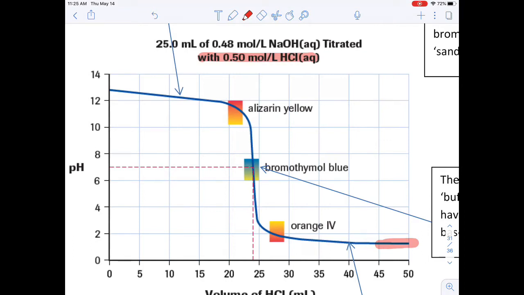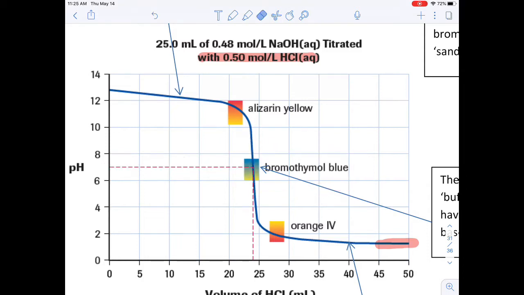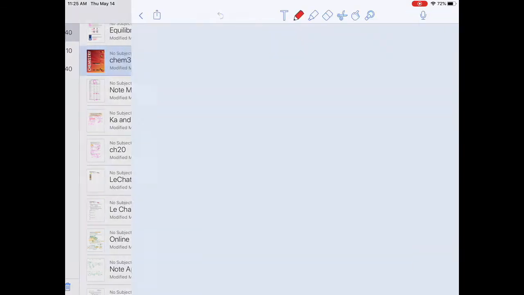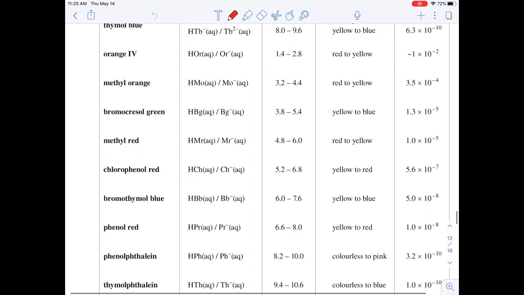Now this pH curve is highlighting that we would select an indicator because it sandwiches essentially the equivalence point. So I want an indicator that's changing color on either side of the equivalence point. And the equivalence point is kind of like halfway up the steep part of the curve. And so here it's a pH of about 7. Acid-base indicators are listed in your data booklet. And you can see that at a pH of 7,